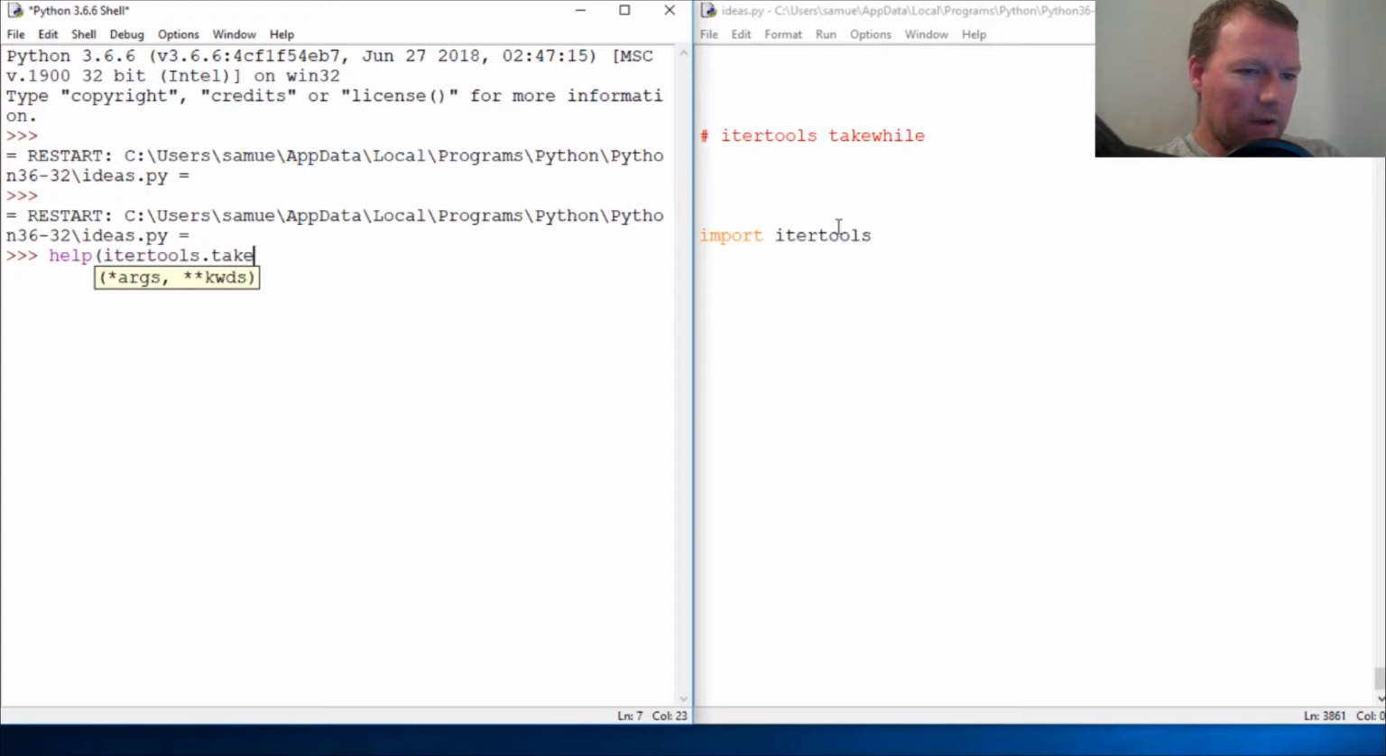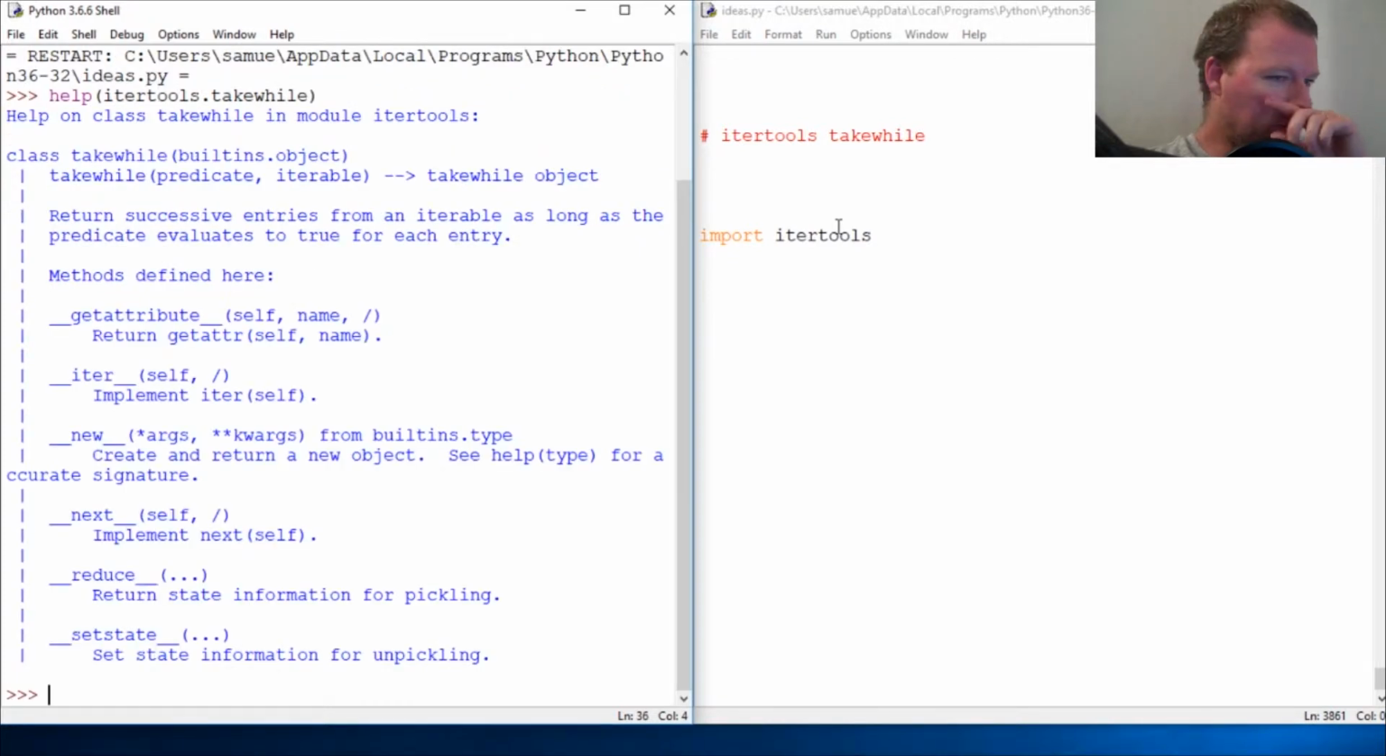So alright, Takewhile, if you've never seen it, you see all this: successive entries, predicate evaluates true. Alright, I'm going to sum this up for you. So I'm going to show you this a couple of different ways. I remember the first time I did this,